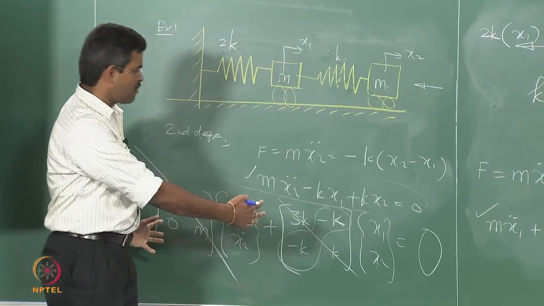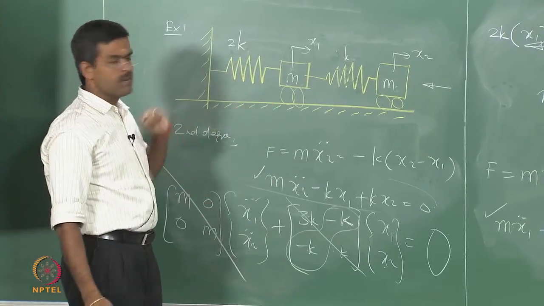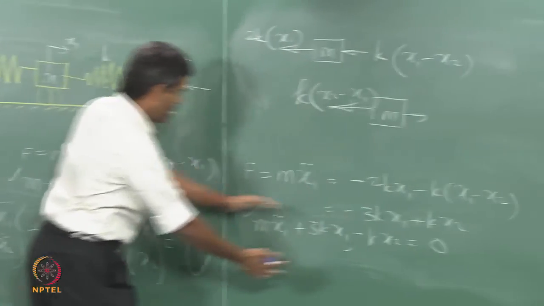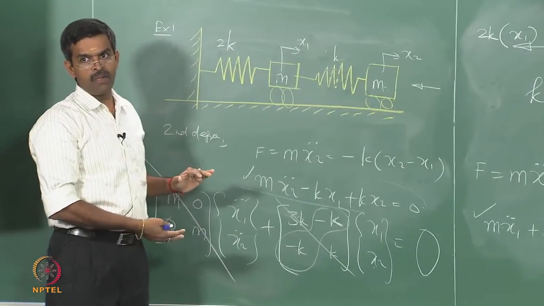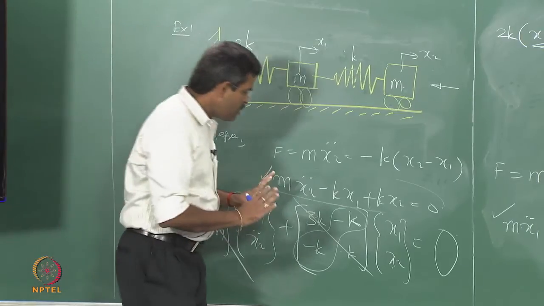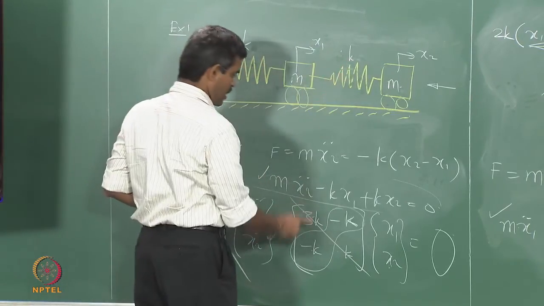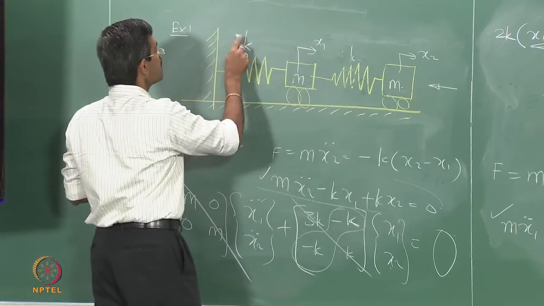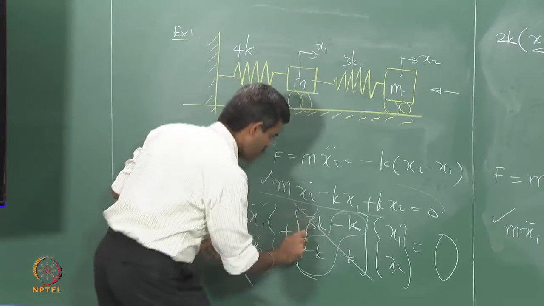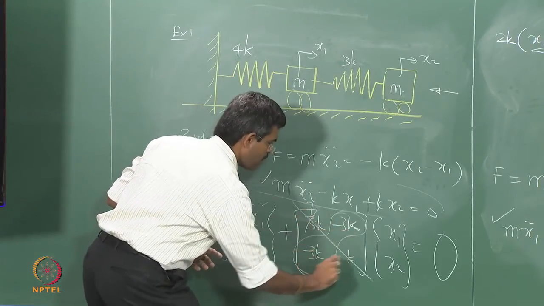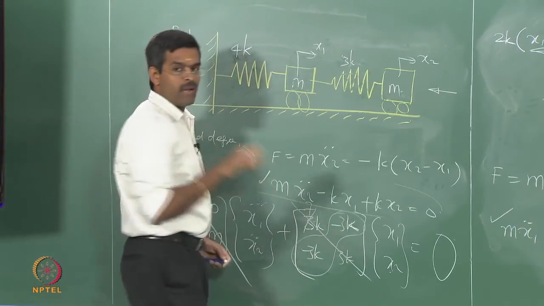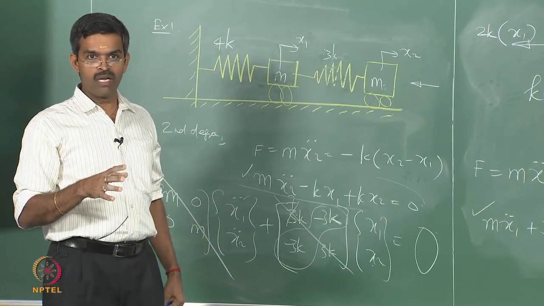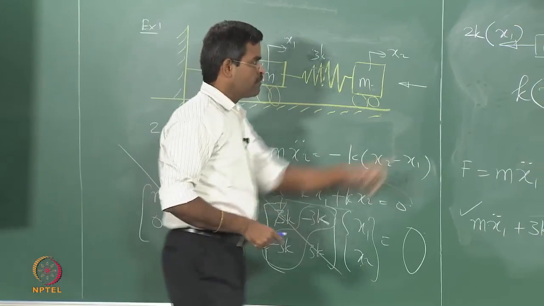So, I can easily derive the equation of motion in a minute for a given problem like this. I can keep on adding degrees of freedom, keep on writing equations of motion, keep on developing matrix method. What people generally think is, they actually follow a principle 2k, k, 3k minus k, k. So, if this is let us say 4k and 3k, they simply say 7k minus 3k minus 3k 3k. This is actually a blind method of following, do not do this. This may be right, may be wrong. Always derive from the first principles,